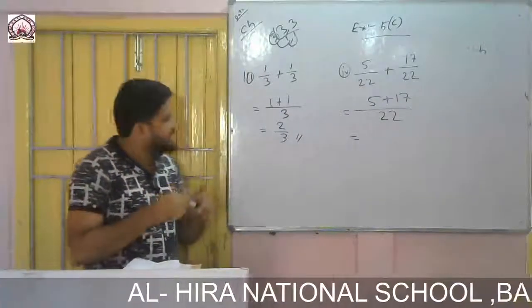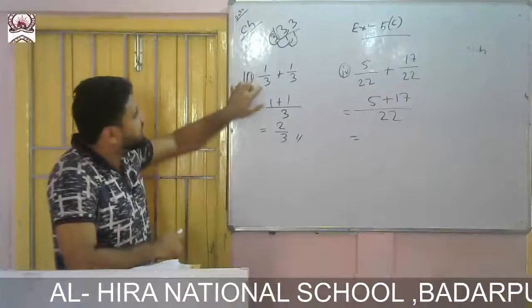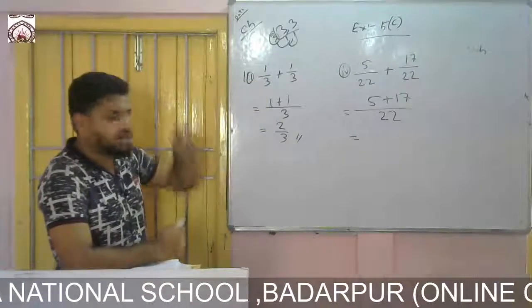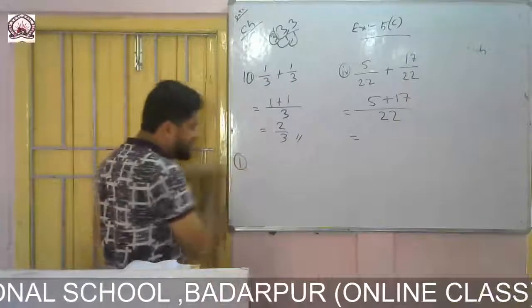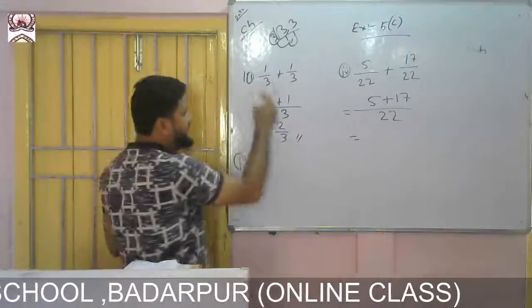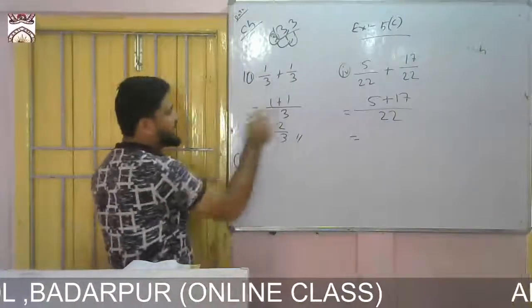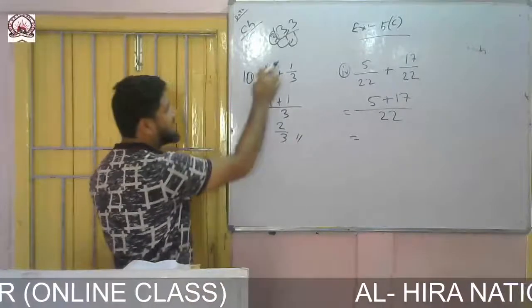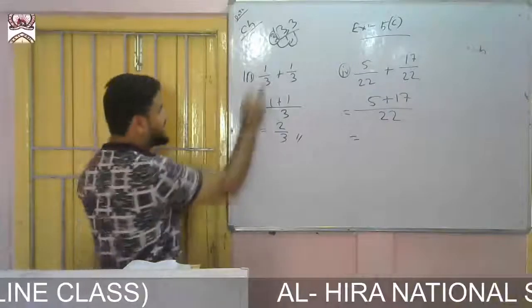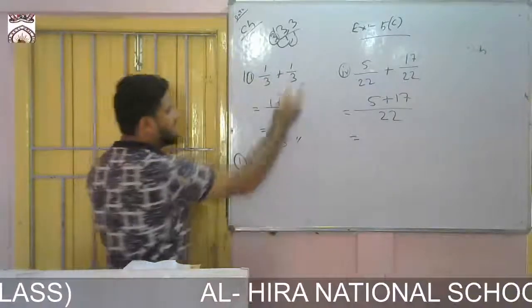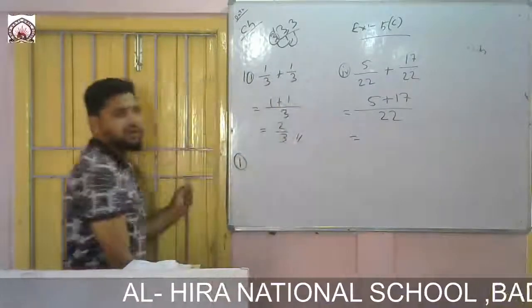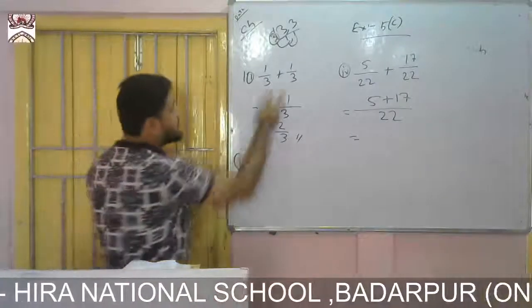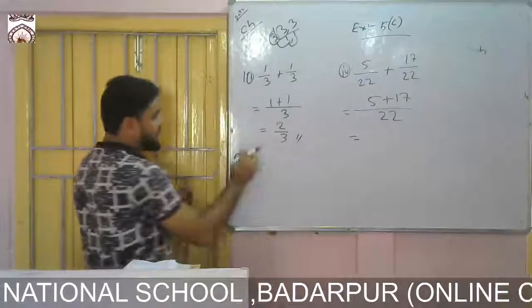You see how I have written 1 plus 1. You divide this 3 by this one. So 3 1s are 3, and the result is 1. If you divide 3 by 3, the result is 1, and with this result you multiply the numerator. That is, 1 1s are 1. Then again you divide this 3 by 3, and you get 1 again. With this result you multiply the numerator. So 1 1s are 1.